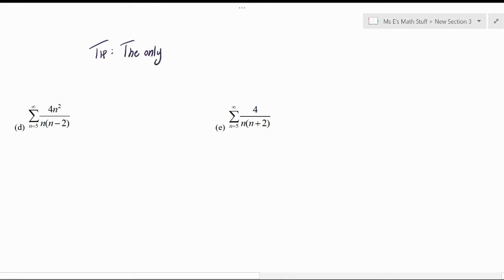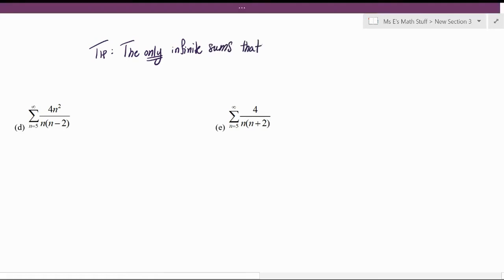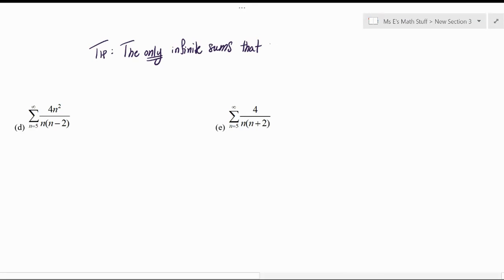I'm pretty sure I can say this: let's say in this unit, between section 8.1 and 8.6, the only infinite sums that we can evaluate exactly are